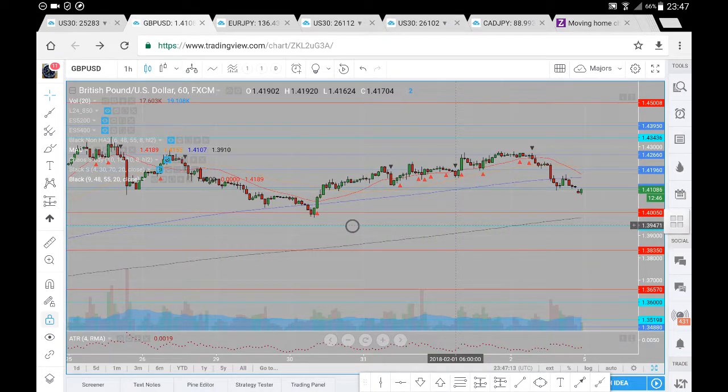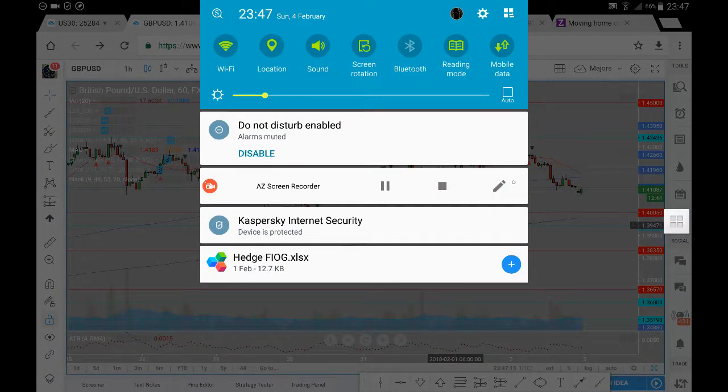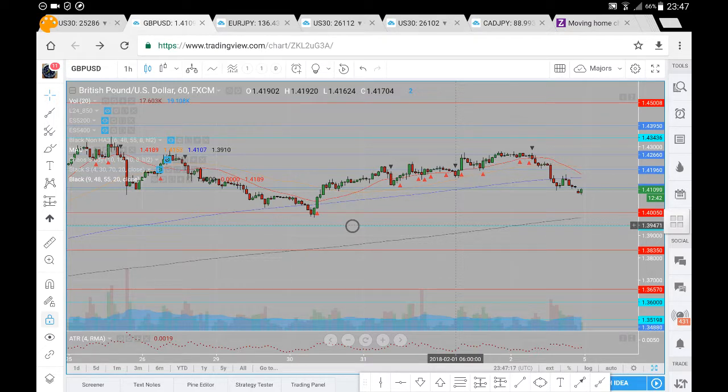So this is the pound dollar analysis for Monday, the 5th of February. Now, let's have a look at the prices and where prices may likely go. Initially we saw prices come down towards this 140.05. We found support there. We've had to move upwards beyond